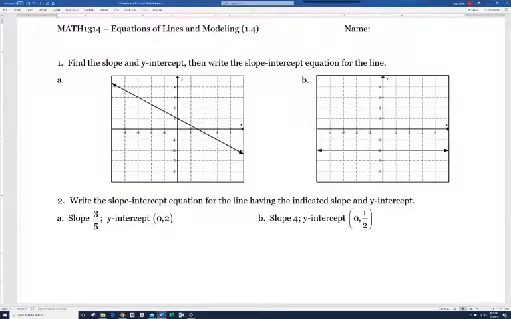In this video, I'm going to be talking about equations of lines and modeling. So we've already learned how to graph equations three different ways. We've got plotting points, we've got using two special points which we call the intercepts, or graphing using the intercept method. And then our easiest one most of the time is going to be using the slope-intercept